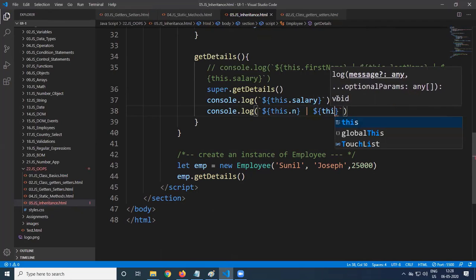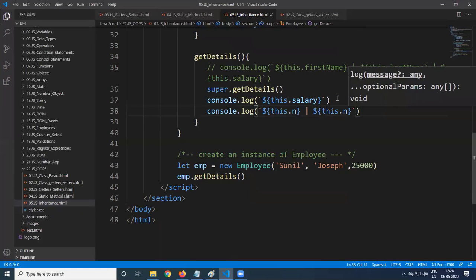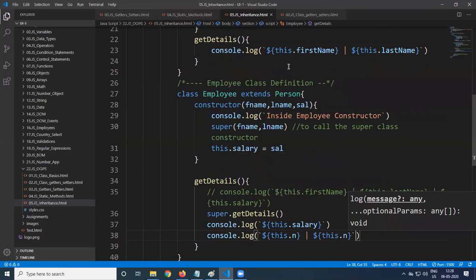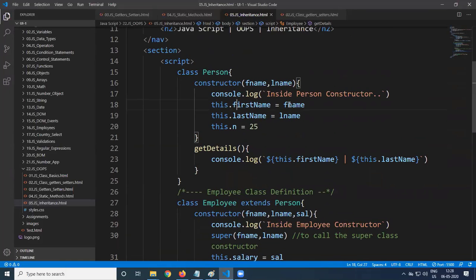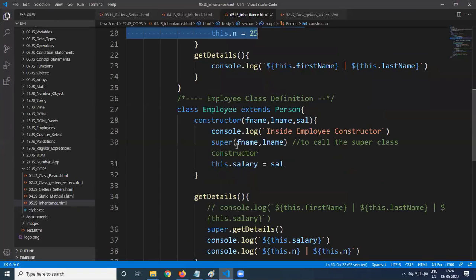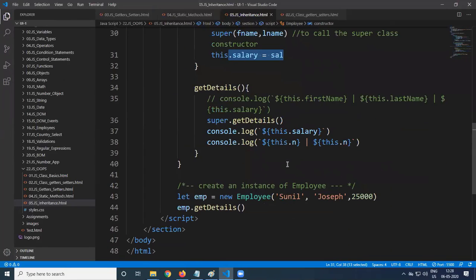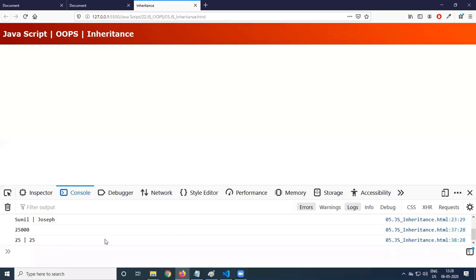So how many properties are there for that object? It has the properties of the parent class, the superclass, first name, last name, n, and also its own property, that's nothing but salary. So 4 properties are there. When you access the value of n, we are getting 25, 25 two times.